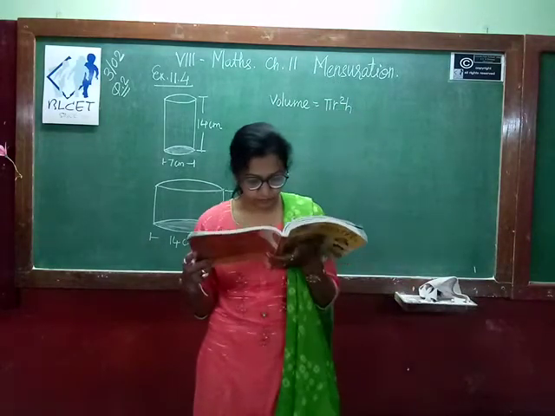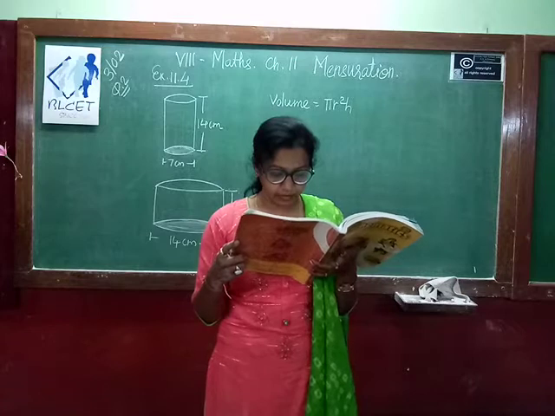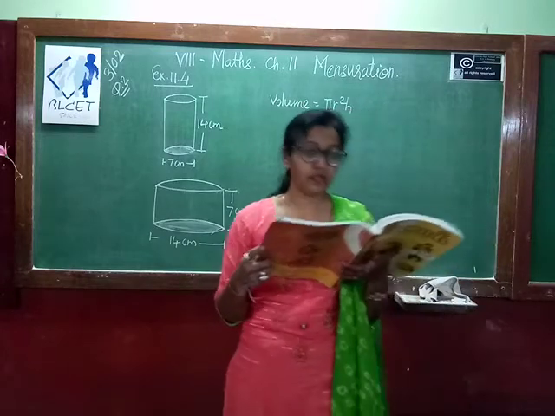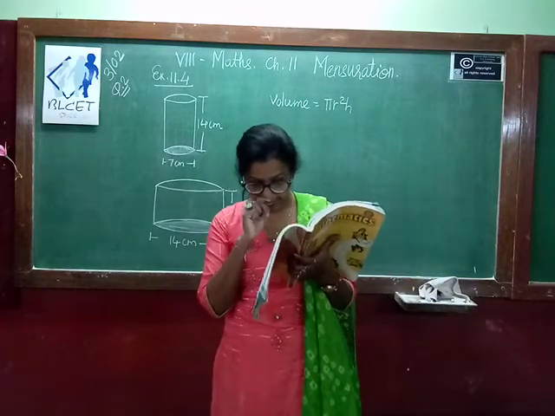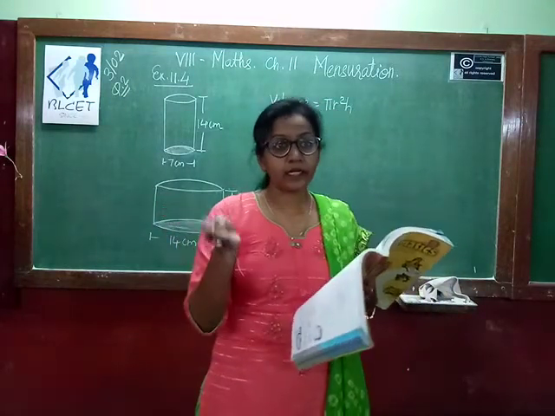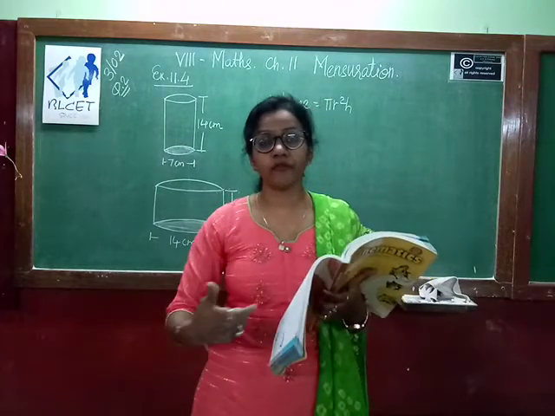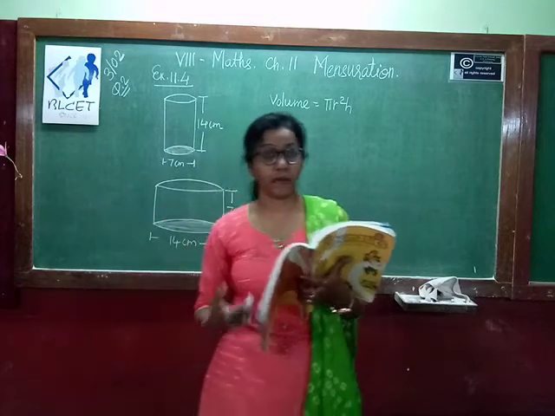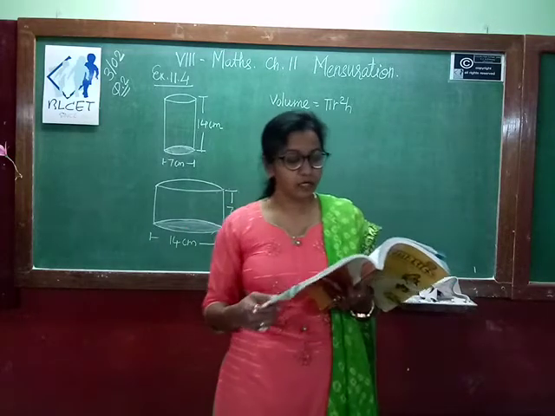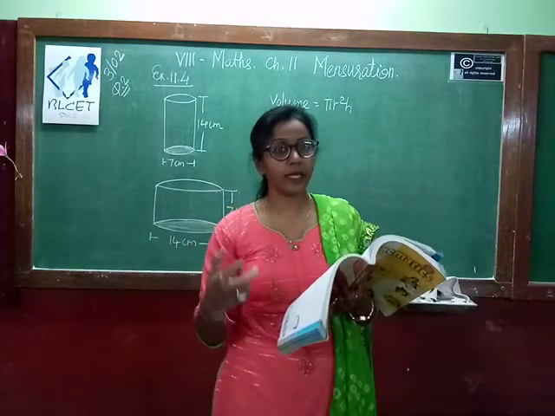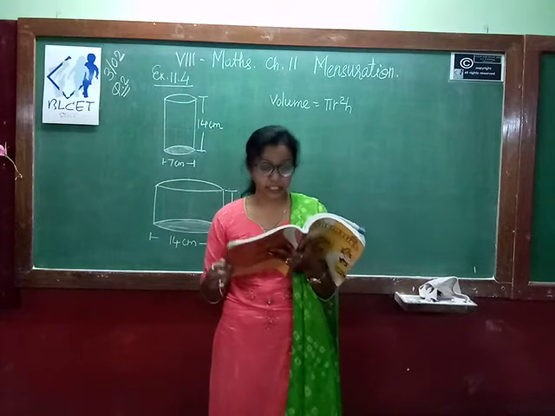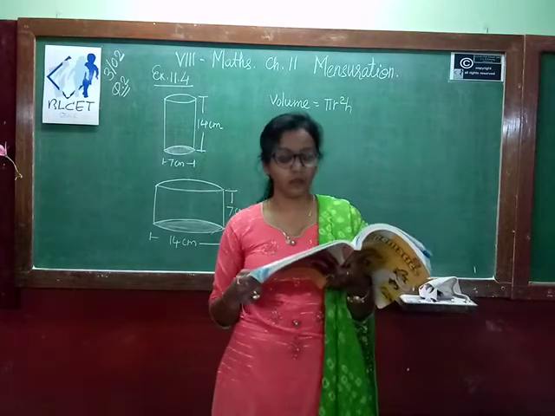First question. Given a cylindrical tank, in which situation will you find the surface area and in which situation will you find volume? The first question is to find how much it can hold. Means if you have a water tank, how many liters of water you can fill inside, you want to find its capacity of holding the water. Capacity is nothing but the volume of that particular water tank. So whenever you want to find its holding capacity, you have to find the volume. So in the first situation, to find how much it can hold, its capacity, you have to find volume.